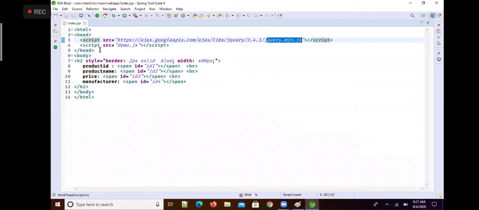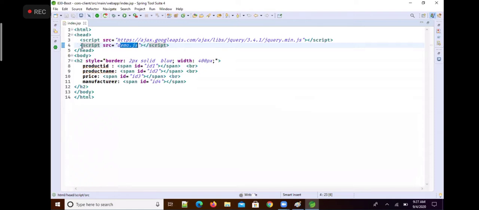Okay, now let me explain, everyone. Try to understand what I'm saying. In my JavaScript file, I would like to use the jQuery JavaScript library. That means I would like to use the Ajax components of jQuery to make a call to the server, because from JavaScript, if you want to make any call to the server, you need an Ajax engine. But in jQuery, Ajax is a built-in object.